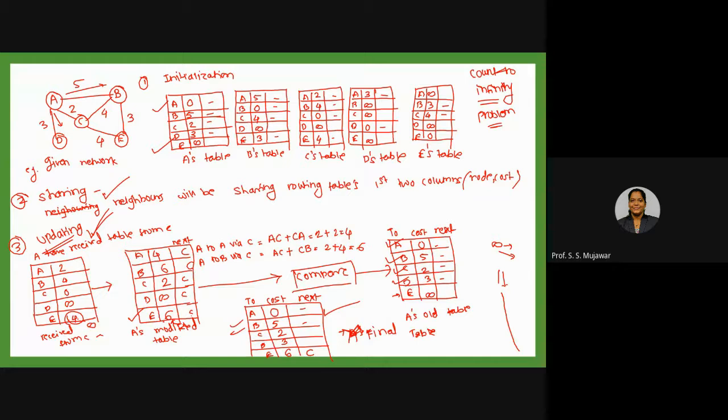But this algorithm is very important with respect to your university examination. So make sure you solve this example in your notebook. Try to solve yourself, और ये आपको you need to explain this with this problem also. Okay. Now to overcome this problem, we have one more algorithm, that is link state routing. In this link state routing, we will be taking the help of Dijkstra's algorithm again. How we will be doing that we will discuss in the next session.